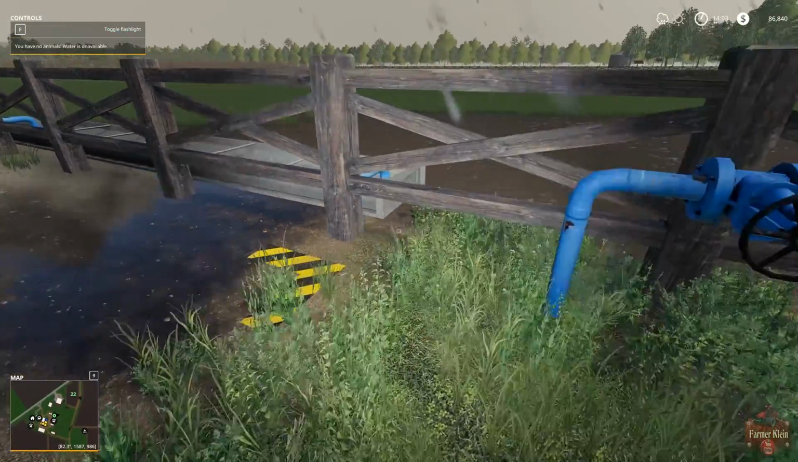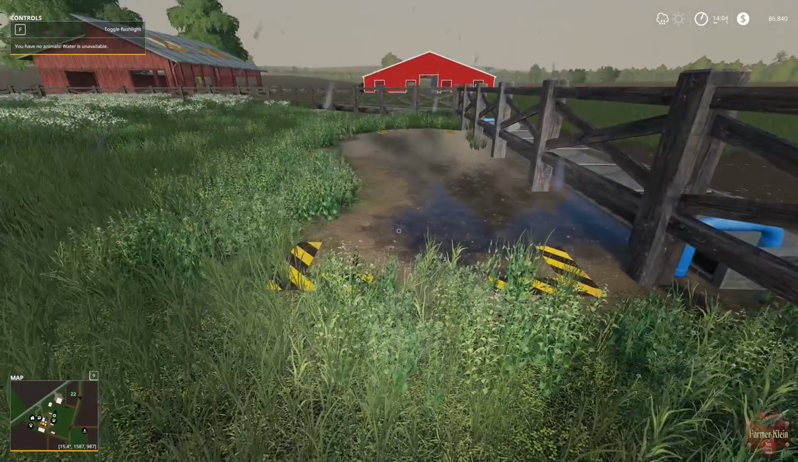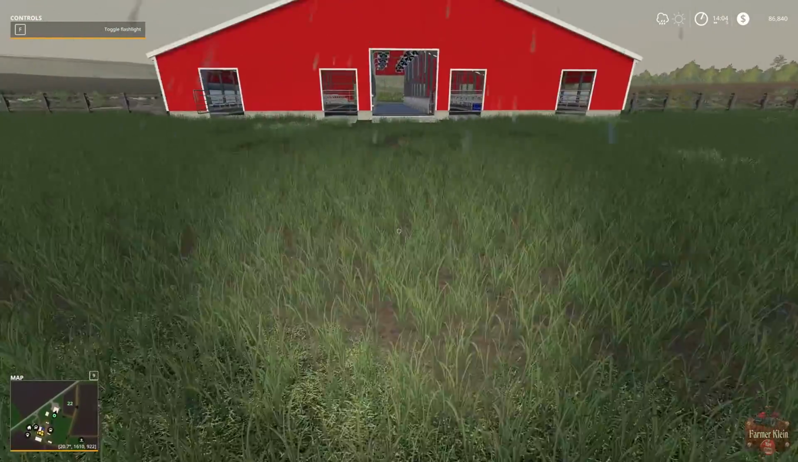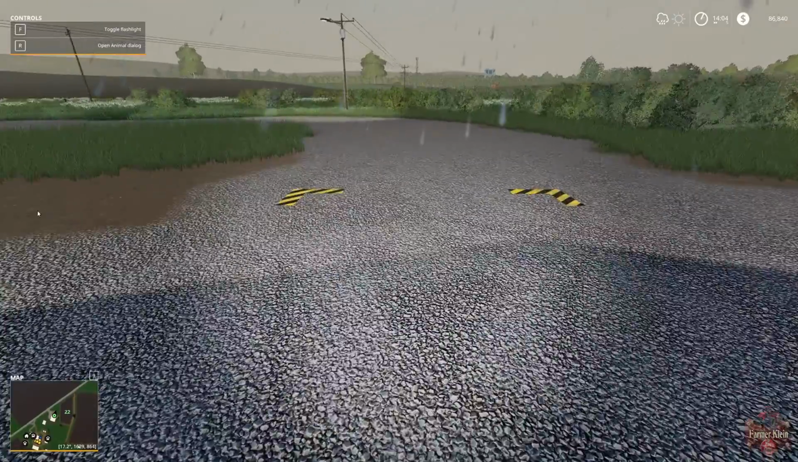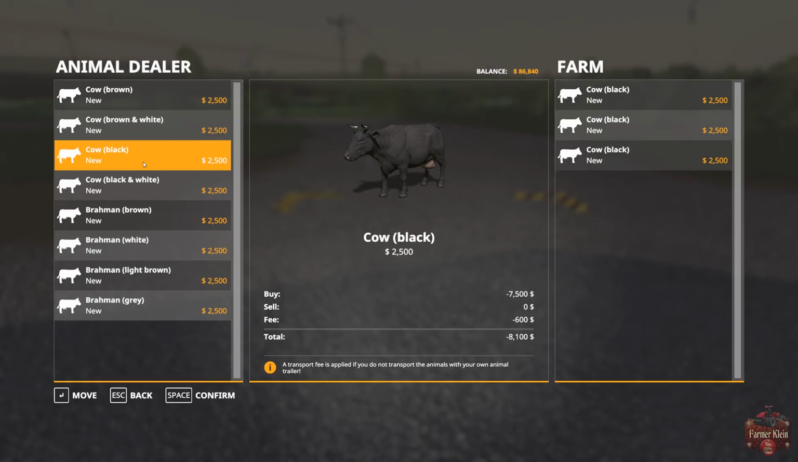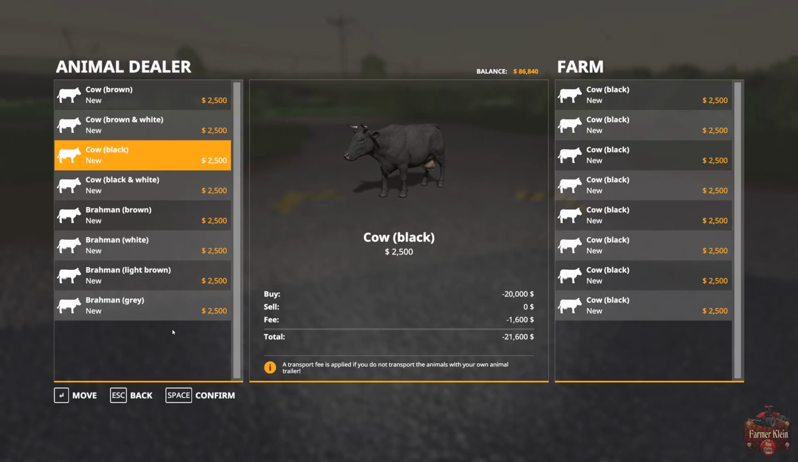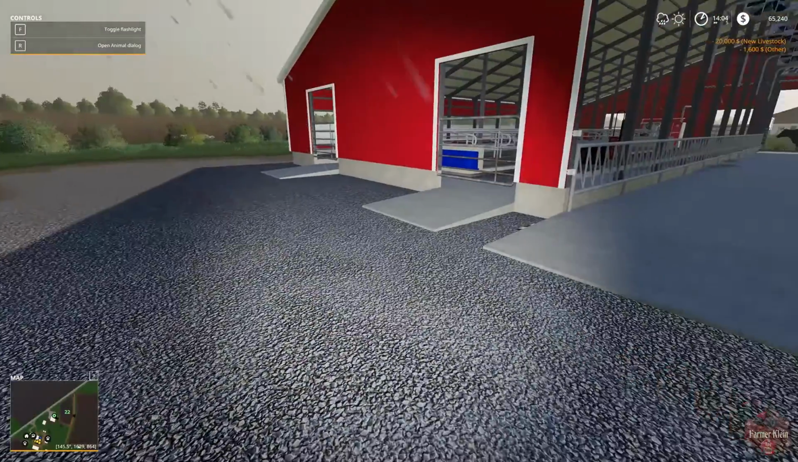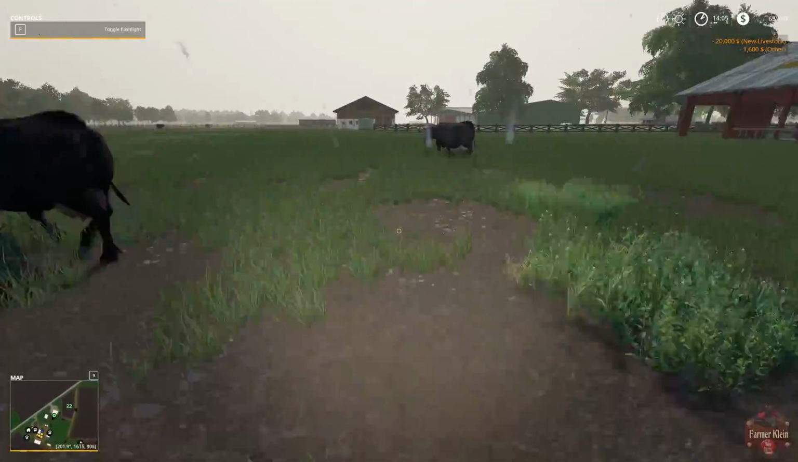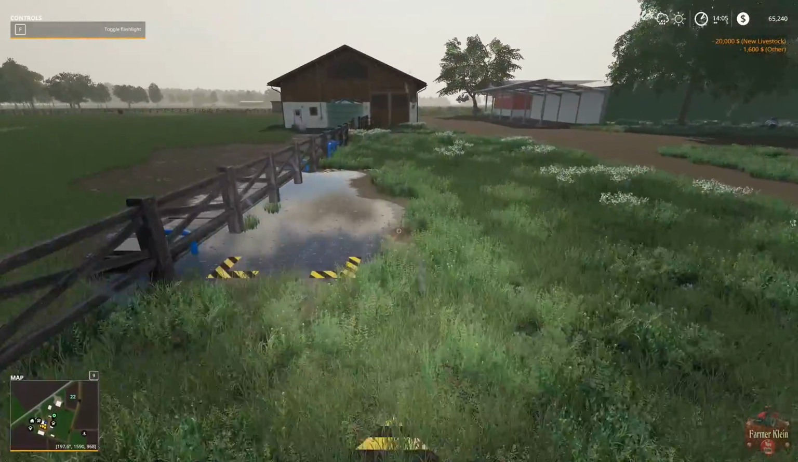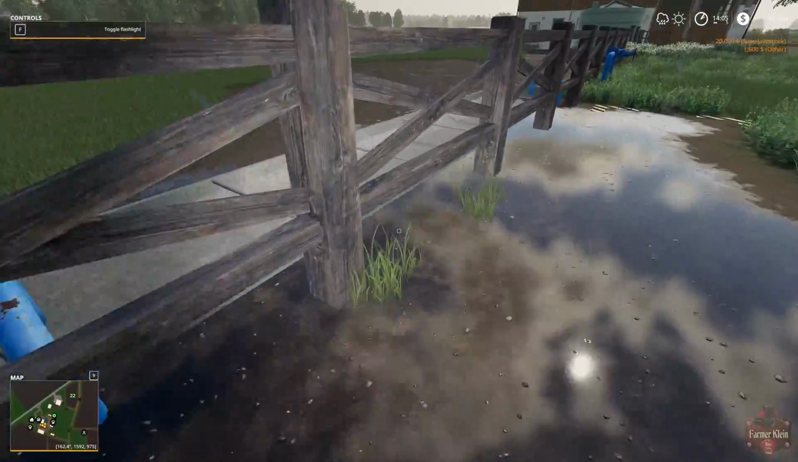So to use this, we need to basically have some animals in our animal area. Let's go get a couple of animals. It is kind of fitting that it's raining. I'm kind of glad it's raining. Buy some animals. And what we'll see